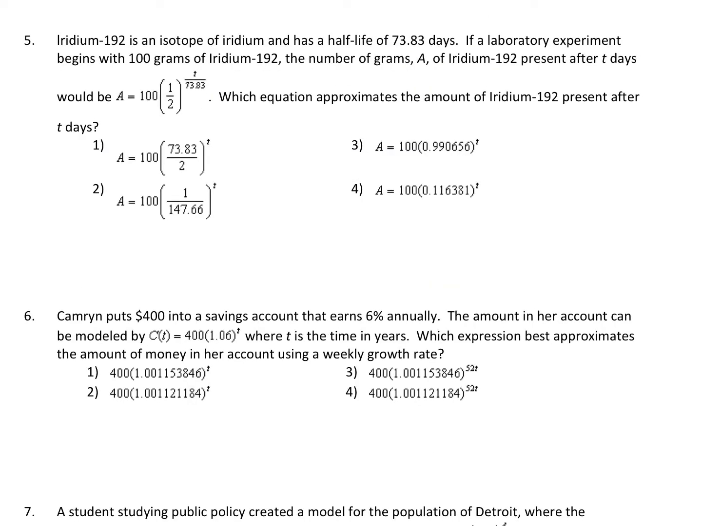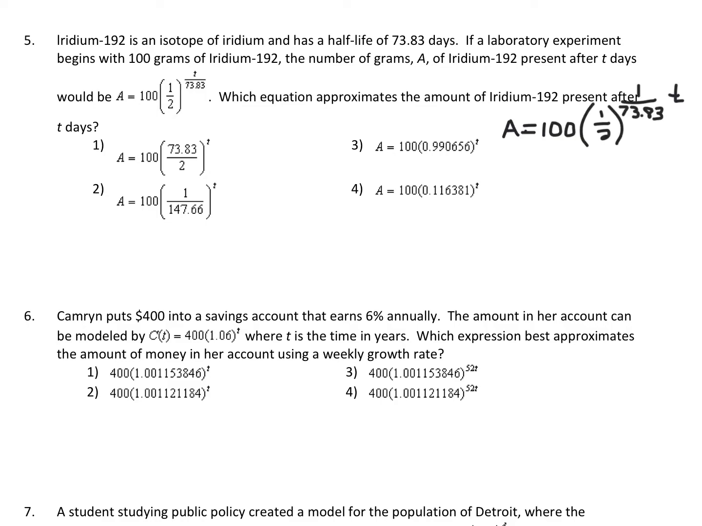All right, so this next one tells us that iridium-192 has a half-life of 73.83 days. So we start off with 100 grams, and you could see they plugged it into our half-life formula here. Now, it says which equation approximates the amount of iridium-192 present after T days. If you notice, out here the exponent was T over the half-life, T